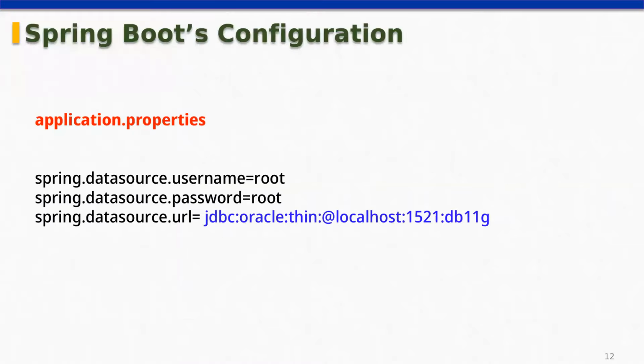See, if you look at the Spring Boot configuration in the application.properties file, if you write these 3 lines, automatically it will connect to the database whenever the application is starting, and it will create the connection for you. So let's see one example so that you will understand Spring Boot better. So any questions till now?